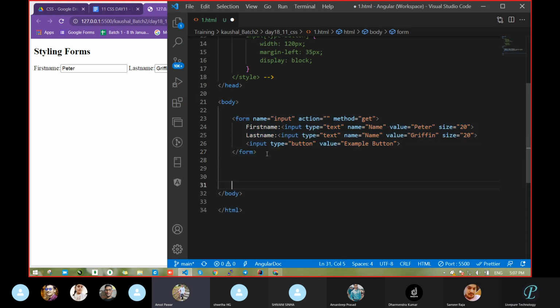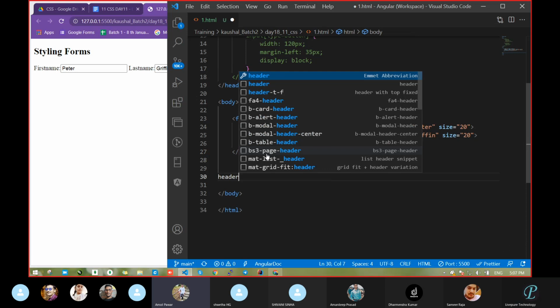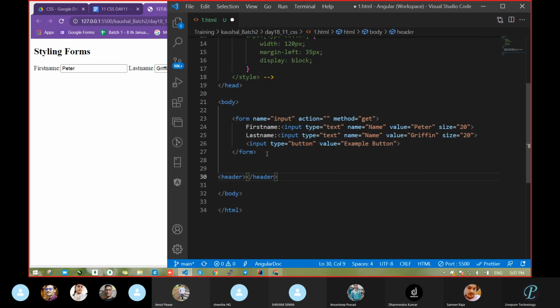What does semantic mean? Sir, HTML has semantic elements that can define different parts of a web page. One more time, what did you say? Sir, semantic elements can be used for different parts of a web page. Okay, so what is the meaning of semantic? What do you understand from semantic? Sir, no idea, sir. This is new.